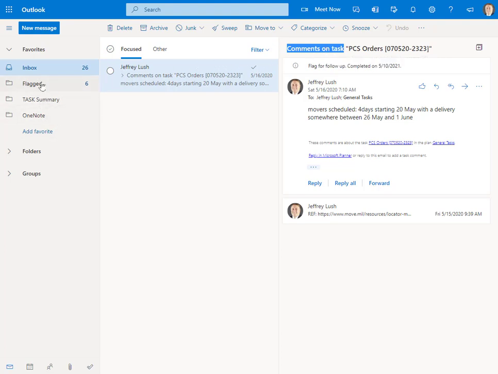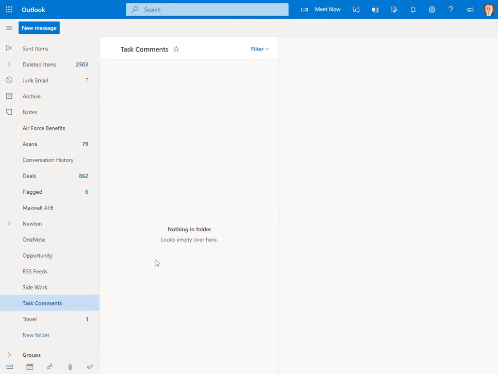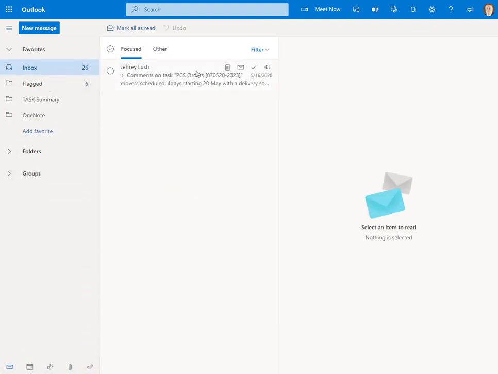So let's go down to my folders right here, and I do a right click on my folders and say create a new folder. Now, when I create a new folder, it gives me a spot right here where I can name it. I'm just going to put in here task comments, and hit enter. So I have that folder now called task comments. Let's go back up to the actual inbox